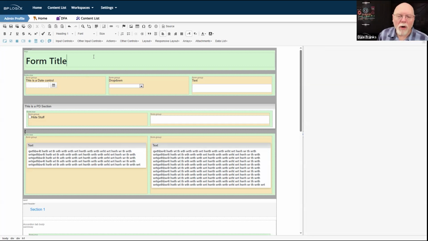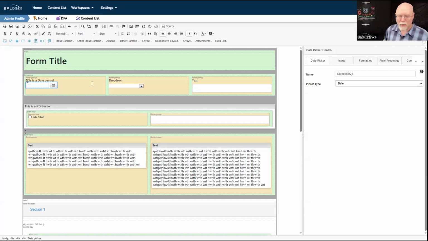So in a row control, I can throw in a column. In a form row, I can throw in a form group. Both of those are a type of column controls, and I can have a maximum of 12 columns in Bootstrap inside my container. The nice thing about Bootstrap is it's all div tags. And unlike trying to use tables for layout, what this enables me to do is just throw in form row 1, and form row 1 can have 3 controls, and form row 2 can have 5 controls, and form row 3 can have 2 controls.